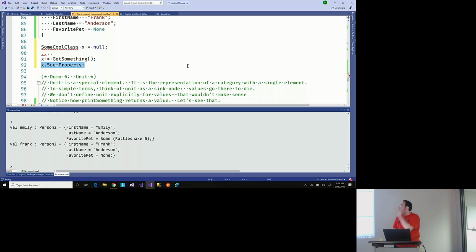C# code, this will compile, run perfectly. The compiler says, nah, you're fine. Everything's good, even though you told it at the very beginning, it's actually going to be null. But the assumption is that get something will give you back something other than null. If it doesn't, boom, you blow up. By contrast,